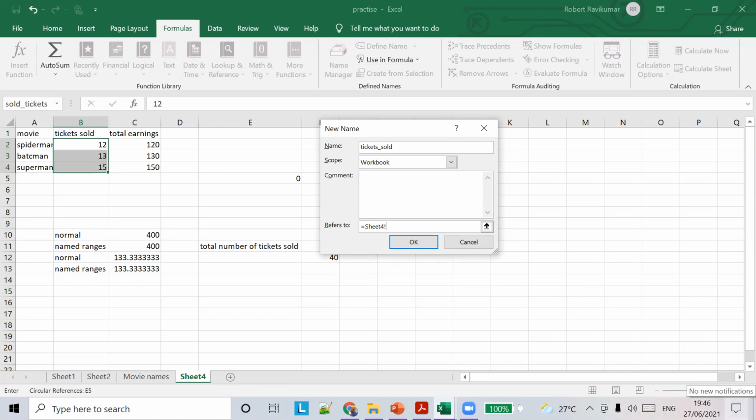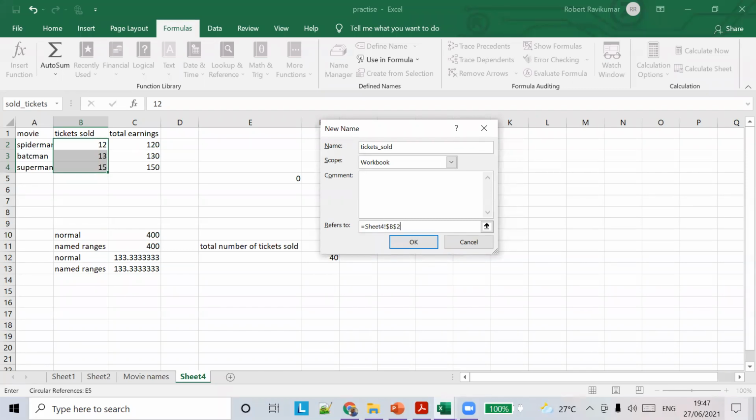Exclamation mark. And then you have to give it the absolute reference of the range. Okay, how do you give an absolute reference? Dollar symbol B, dollar symbol 2. Very good.